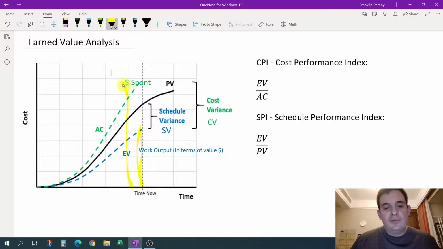Well, if you've spent $10,000 to get that, that's not good. That means that you've gotten $5,000 worth of product and you've spent $10,000 to get it. That's effectively what that means. On the other hand, if we were to redraw this line, if it was something like this, this would indicate